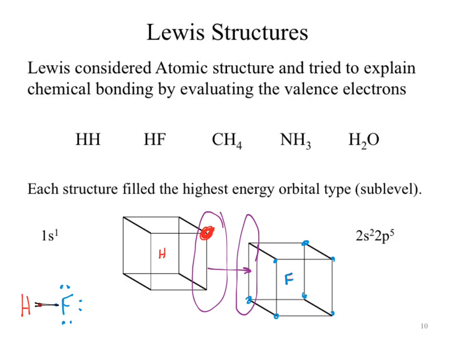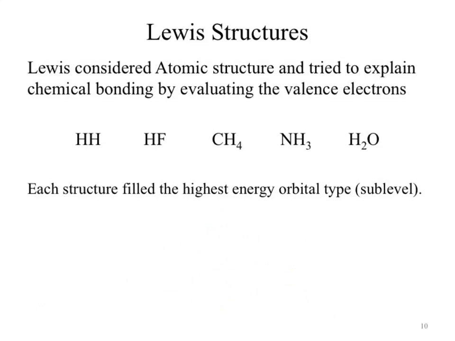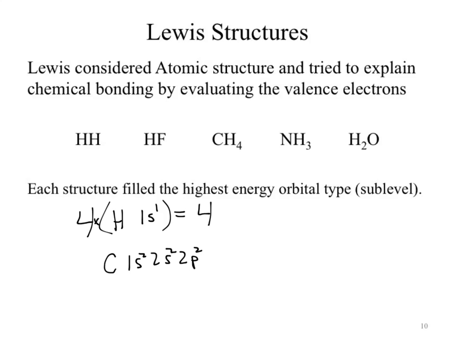If we go through and do this for, let's see, what's my next slide? Yeah, we can open that up. Do it for CH4. Okay, so our hydrogen comes in with how many electrons? 1s1. How many hydrogens do we bring in? 4, which means hydrogen brings in a total of how many electrons? 4. We have one carbon atom. Its electron configuration, 1s2, 2s2, 2p2. Of those, how many electrons do we consider?